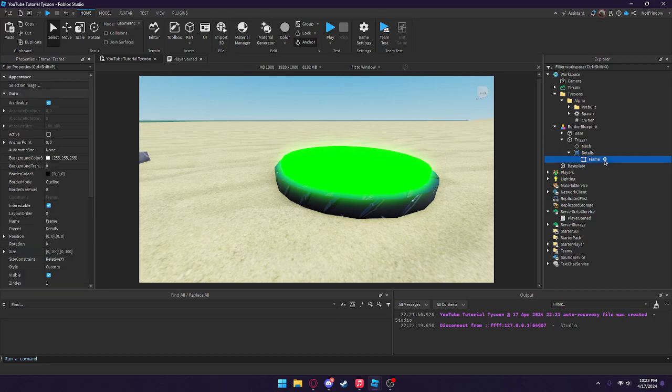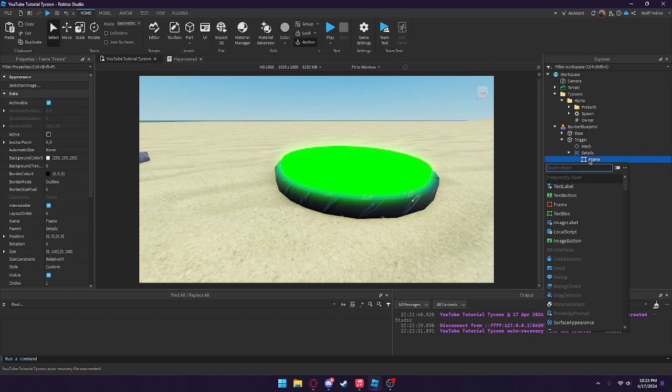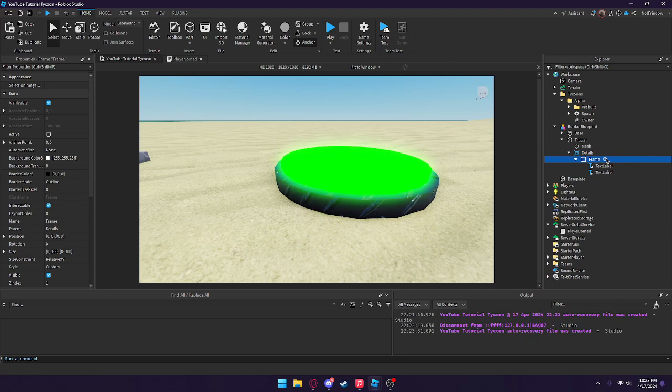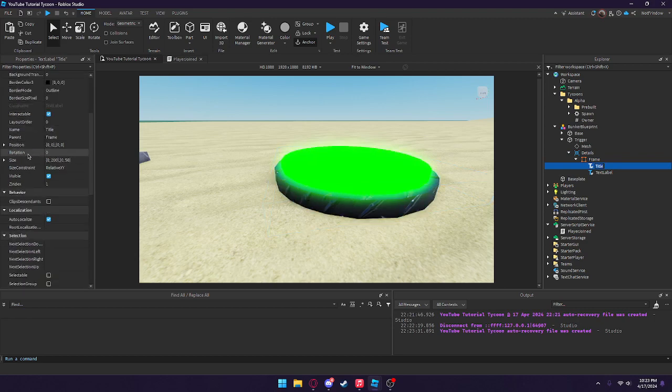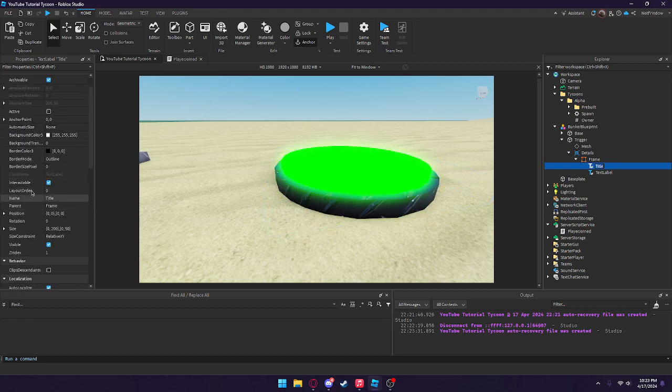And we can leave this as frame. And then we're going to go into this frame, and we are going to insert a text label. And we're also going to insert another text label. So one of them is going to be for the name of the item that you're buying. The other one's going to be for price. So we'll name this one title, because if we set it to name, then we would be accidentally referencing the name property